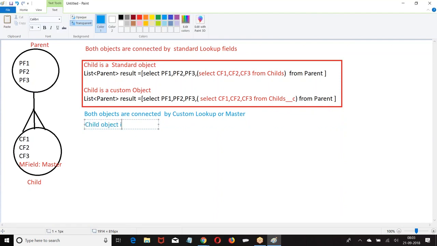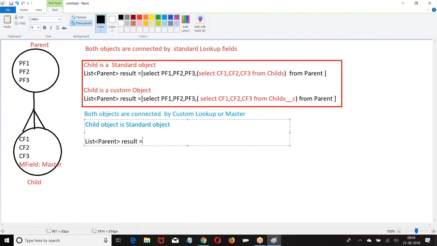Child object is... So who created the relation? The user created the relation. In that case, the query will be like this. The relation was a custom relation.